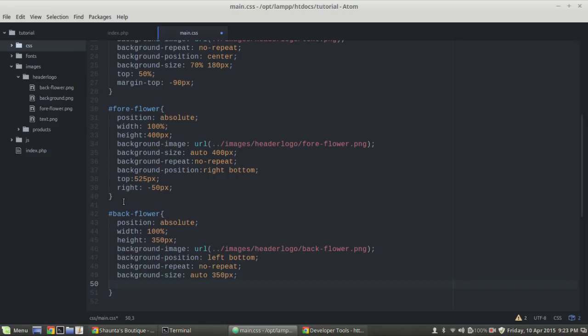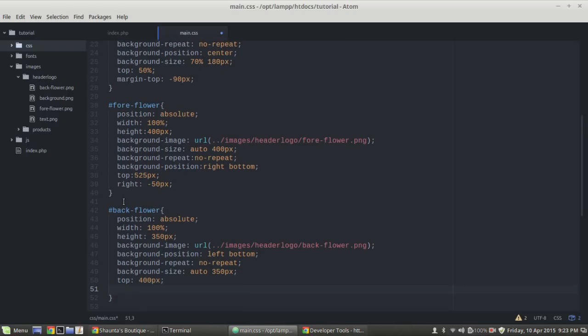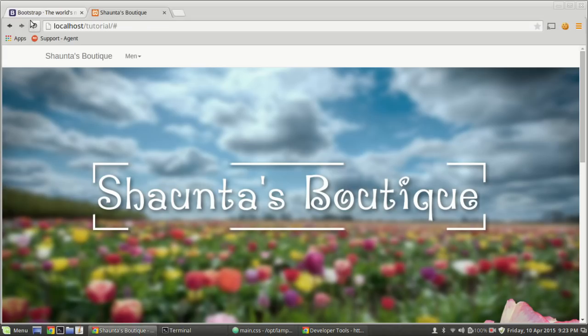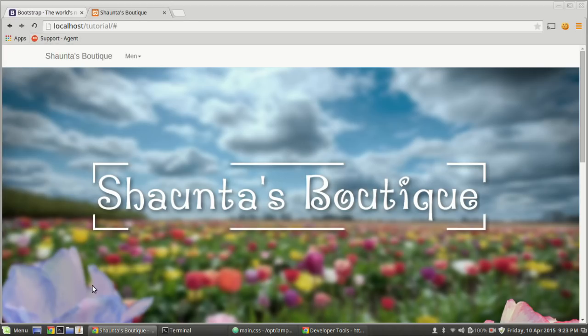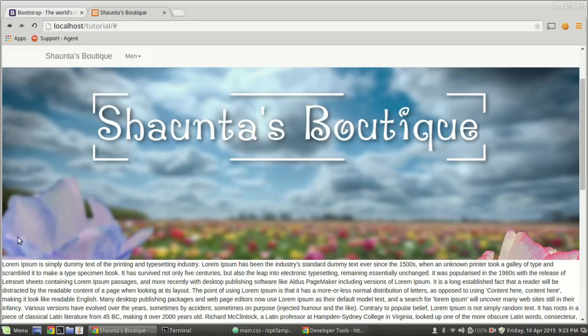Let's make this bad boy 400 pixels from the top. And from the left, let's do -25 pixels. All right, let's take a look at that. So yeah, that adds this kind of blurry flower here, which basically when I did these, I just used the